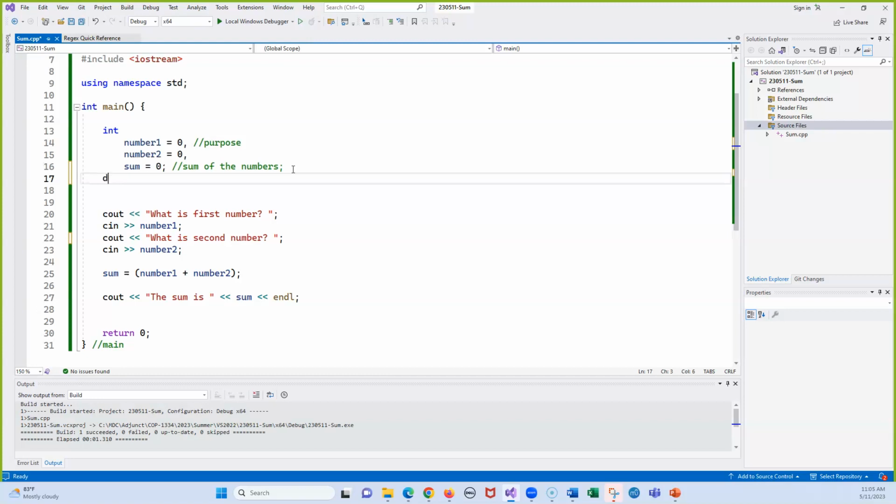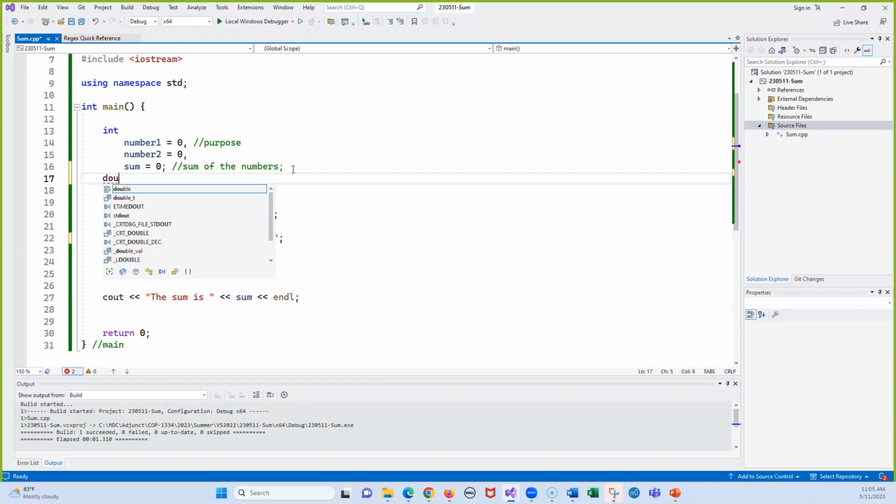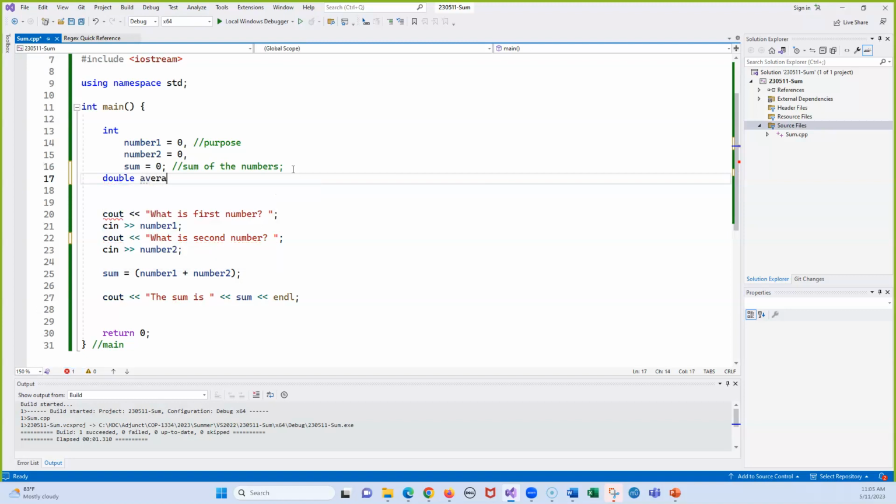So we're going to use double, and I'll just call it average. And this time we're going to initialize it to 0.0. Now you can put in 0, that's okay, but you may get an error or a compiler warning that's telling you you may lose data because you're putting an integer into a double. Don't worry about that, it's no big deal, but you just definitely want to put in 0.0, the semicolon,